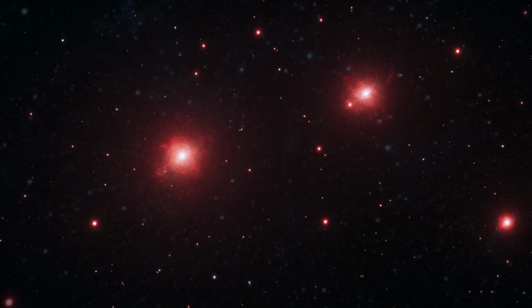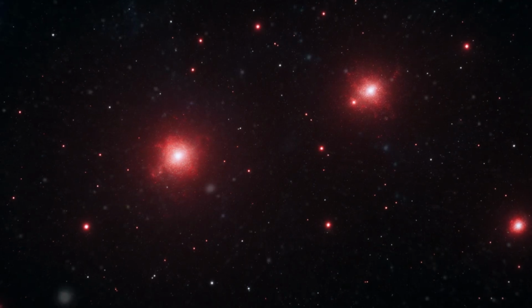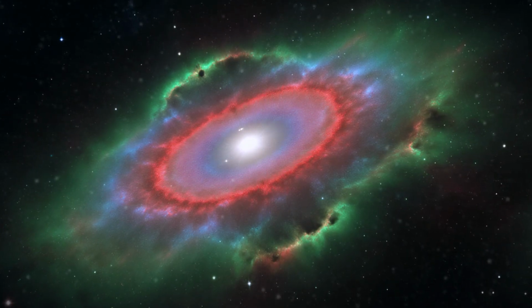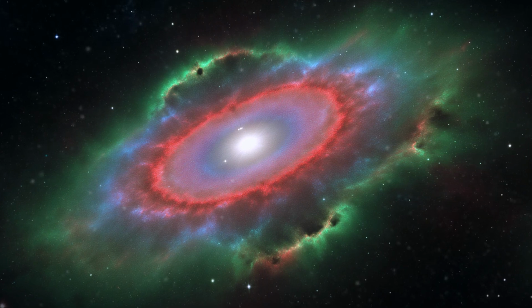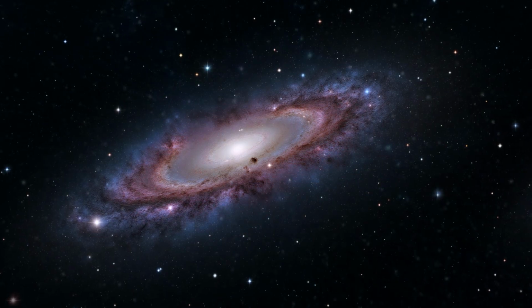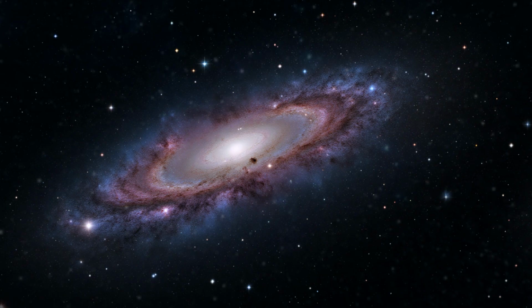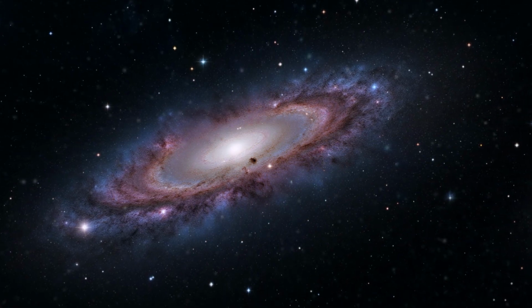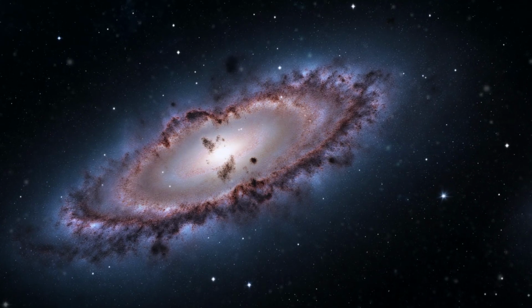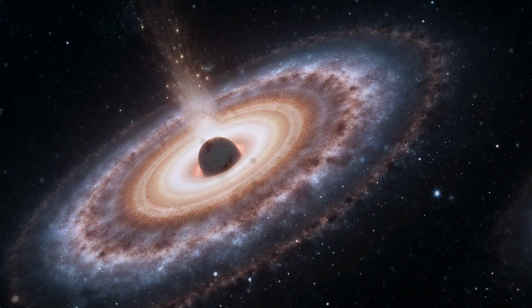The night sky during the merger will be spectacular. Long before the galaxies actually collide, Andromeda will grow larger and brighter in Earth's sky. Currently, Andromeda appears as a faint, fuzzy oval about 6 times the Moon's diameter, visible only from dark locations. As it approaches over millions of years, it will grow steadily larger and brighter, becoming visible even from light-polluted cities. In a few 100 million years, Andromeda will dominate the night sky, appearing as an enormous glowing structure stretching across